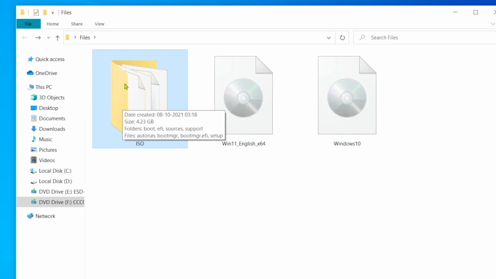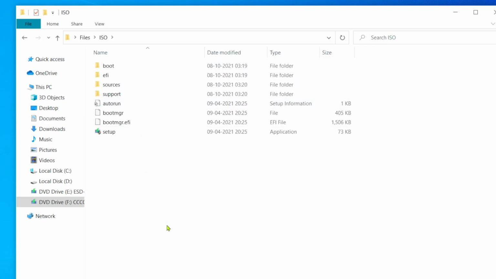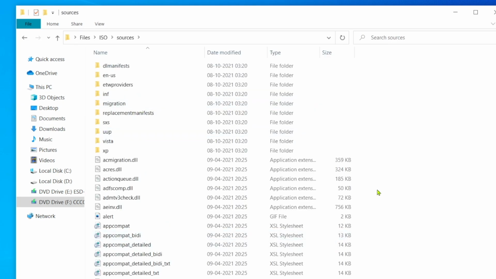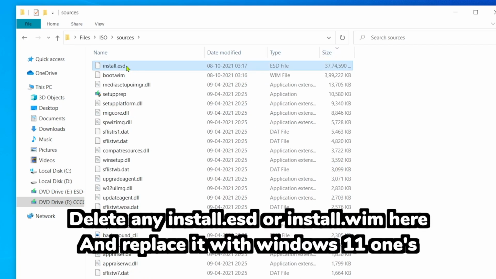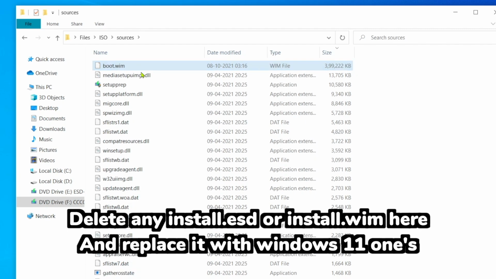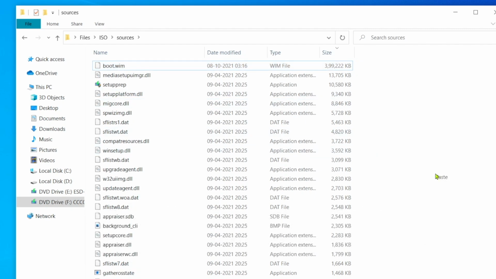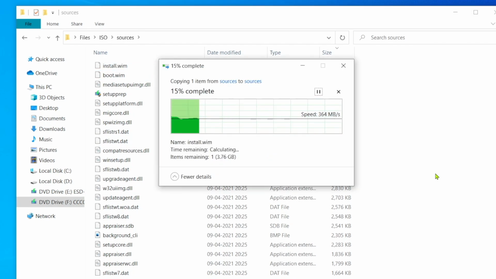Inside here, look for the sources folder, then look for install.esd and delete that. Once it's done, paste the Windows 11 install.wim file over here.